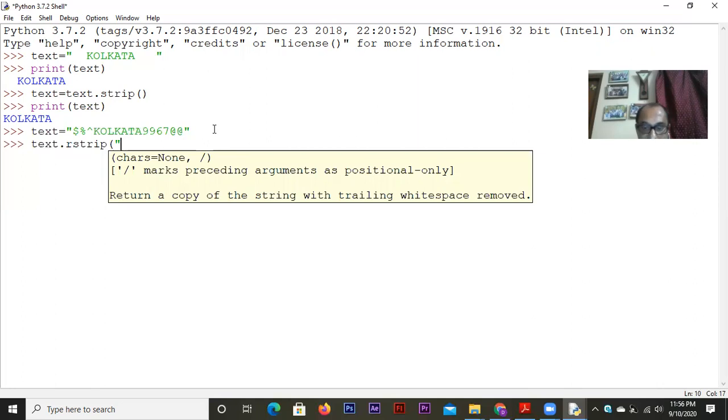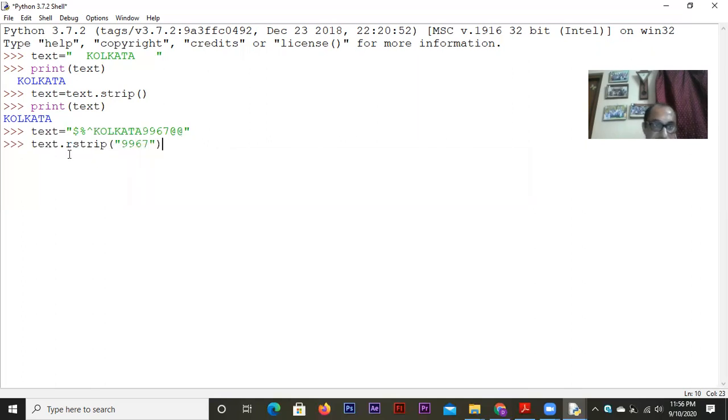Within double quotation marks I mentioned 9967, these four characters, and I wrote text equal to that, so that the change takes place. And then I printed text.